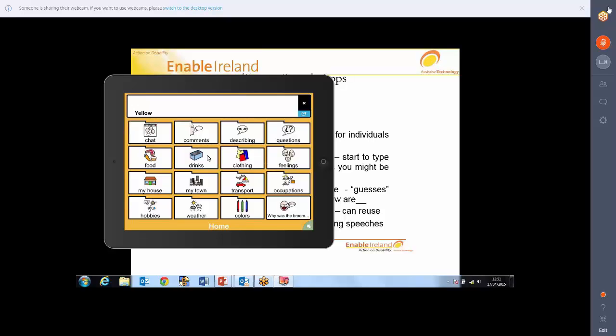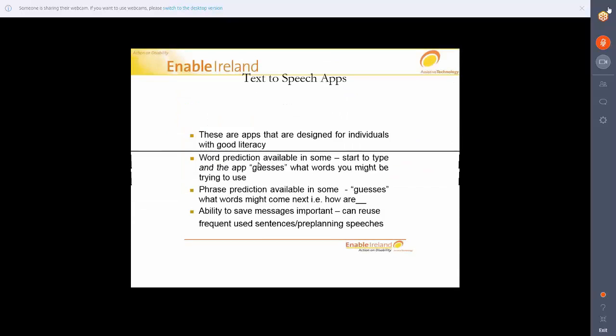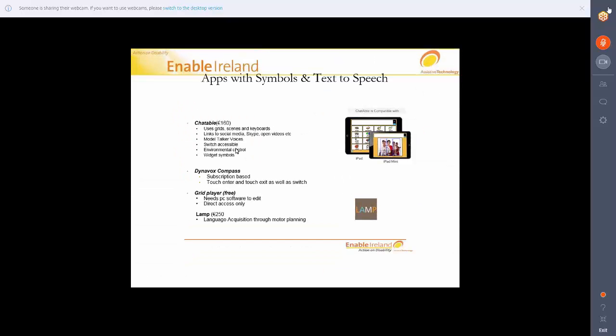So this one's kind of starting to become more like the traditional AAC devices that we've seen in the past. Just other apps there that use both symbols and text. Dynabox Compass, it's not one I've used. It's based on the traditional Dynabox software. It is subscription based as well. I can't remember the price of it off the top of my head, but